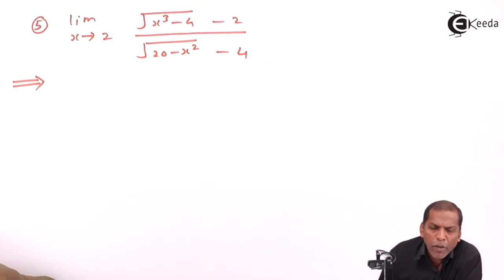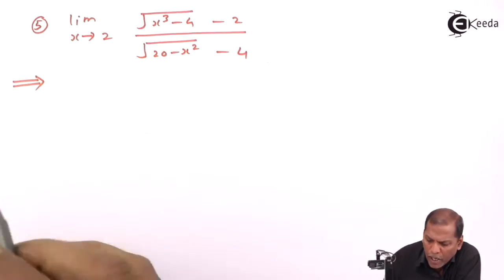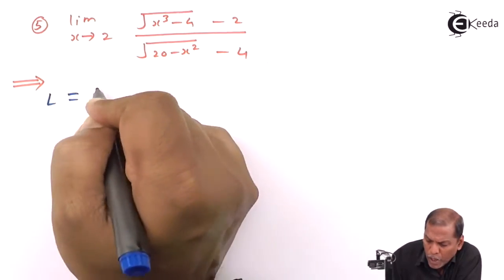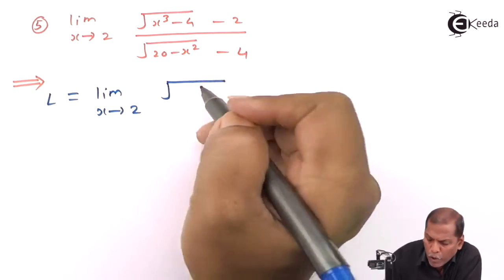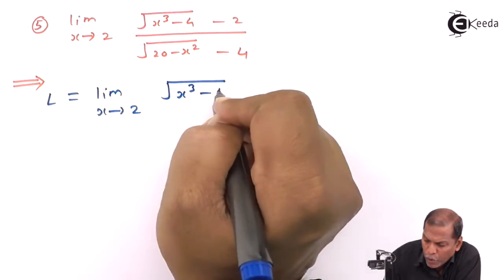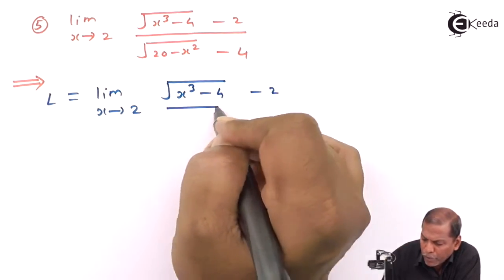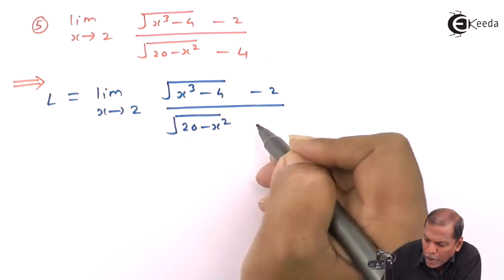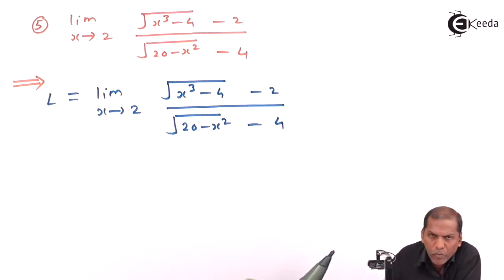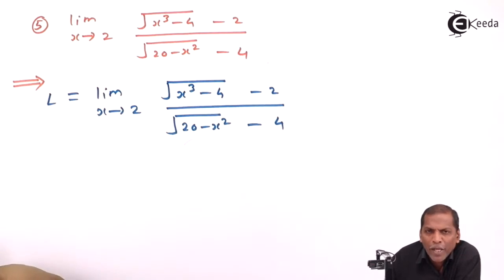First of all, we denote the given problem as L. So L equals the limit as x tends to 2 of (square root of x cube minus 4, minus 2) upon (square root of 20 minus x square, minus 4). Since the radical part, that is the square root, is present in both numerator as well as denominator, we have to rationalize numerator and denominator, so we get